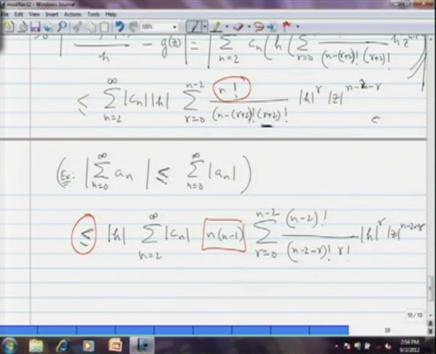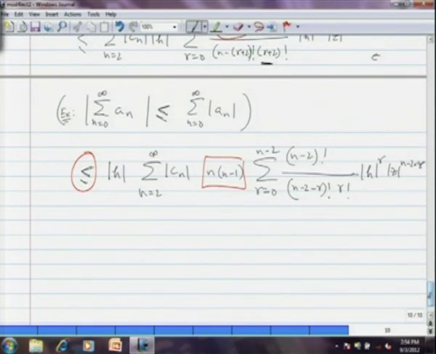Okay. So, (r+2)! is greater than r!. So, 1 by (r+2)! is less than or equal to 1 by r!. So, I am using that to come to this step here. Okay. And then this in turn is equal to the modulus of h times the sum over n equals 2 through